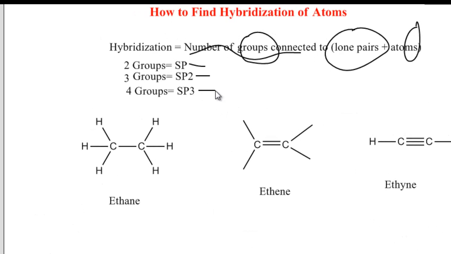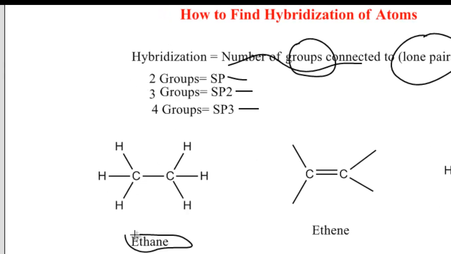To understand that better, let's take an example. The first example is ethane. If you draw the Lewis structure of ethane, it will look something like this. Let's find the hybridization of the carbon on the left. To find the hybridization, as we learned earlier, we need to find the number of groups connected, and to find that you have to count the number of lone pairs and the number of atoms the carbon